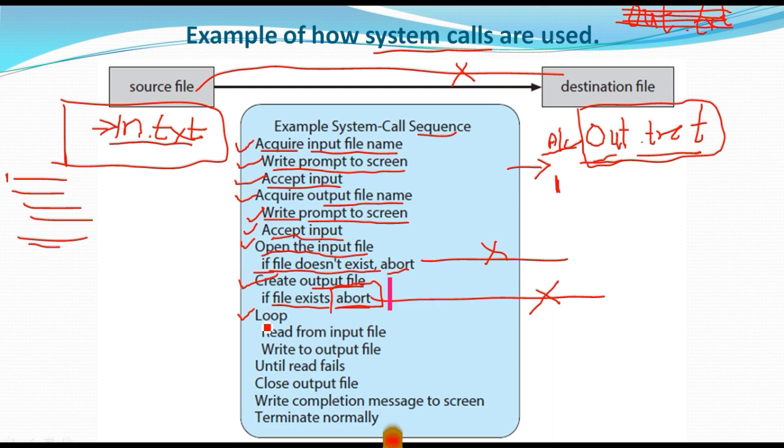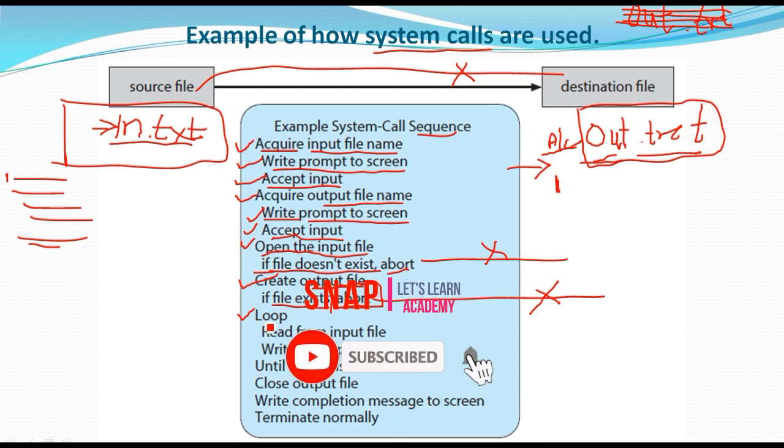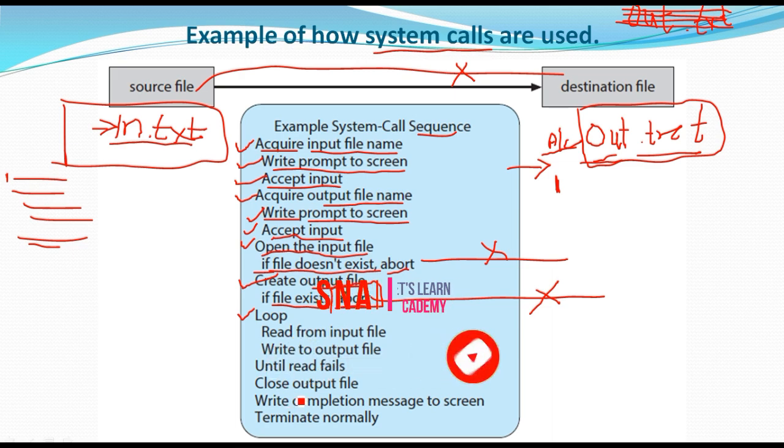So loop means perform the iteration. How many times? There is an "until read fails". This is the loop closing statement. Okay, so the loop starts here and it will end here when the condition is satisfied. So start looping the file, read from the input file. Whatever the content is there in this read